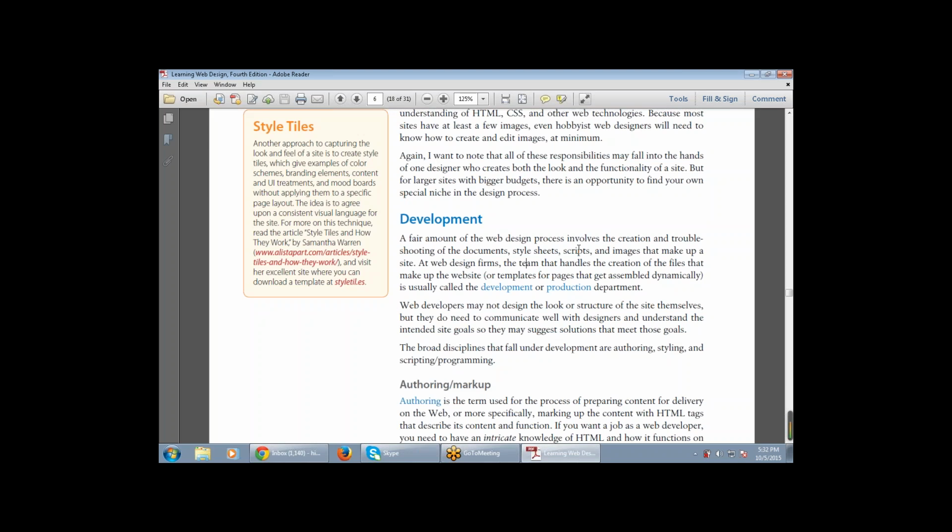At website design firms, the team that handles the creation of the files that make up the website, or templates for pages that get assembled dynamically, is usually known as the development or the production department. So that is the development part, which is also called the production department. That is also a part of the production criteria used with the fulfillment of the production methods. And web developers,